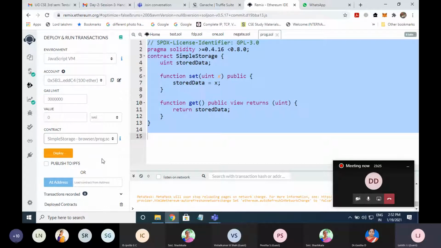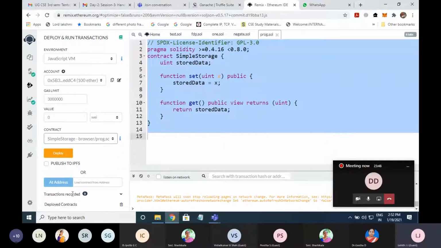Once that is deployed, automatically the data will be stored in the blockchain. Next, At Address. Sometimes you need to deploy this smart contract to a particular contract address. If you know that address, you can specify it here. I'll show you the contract address after deploying.